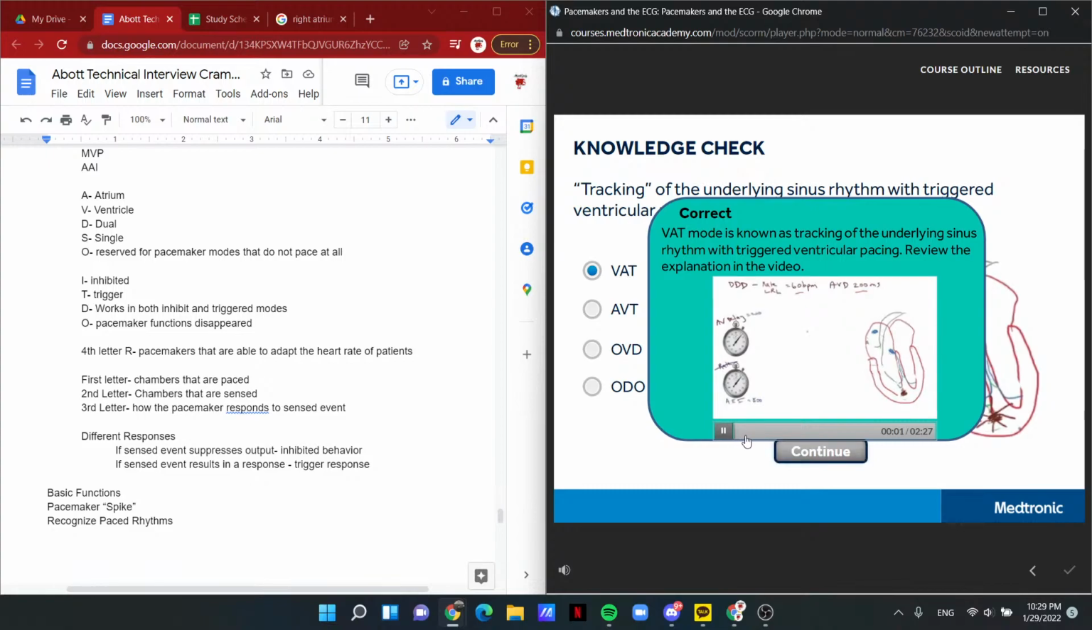A third kind of behavior can be seen in patients with normal sinus node function, but they have AV block. In that case, what happens is an intrinsic P wave is occurring because of the presence of it. A P wave will come along before